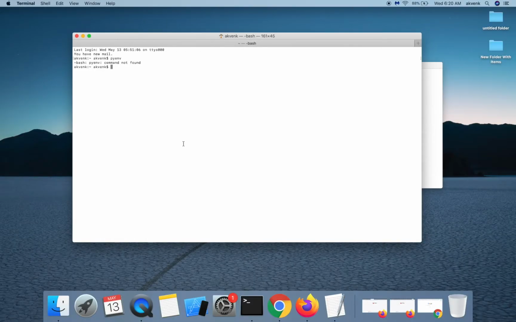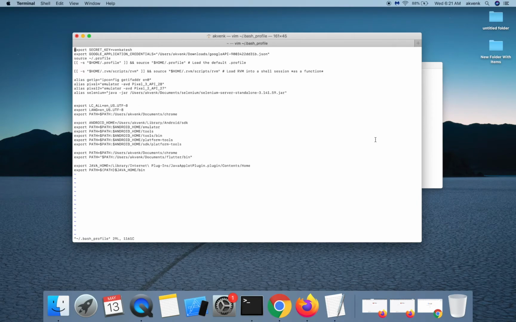before we try to access PyEnv, we have to add PyEnv to our bash profile. Open your bash profile, come to the bottom and then press the I key on the keyboard.